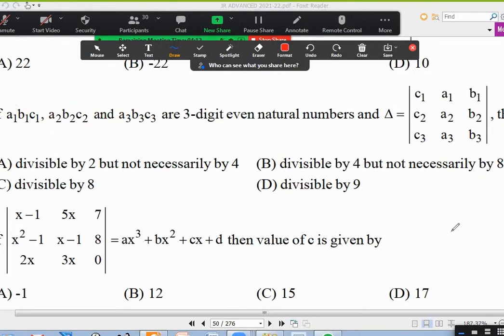Now, who wants to give an explanation for 16? Sir, we can prove it by using examples. Tell me what it is that you want to prove. If we take any three consecutive even natural numbers, one or two of them will be divisible by 4. The other numbers will not be divisible, but every number will be divisible by 2. It is not necessarily consecutive. Okay, you gave some explanation. Good. Anybody else want to tell anything regarding 16?